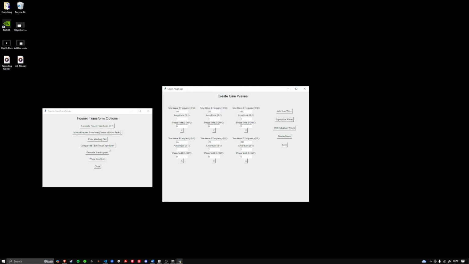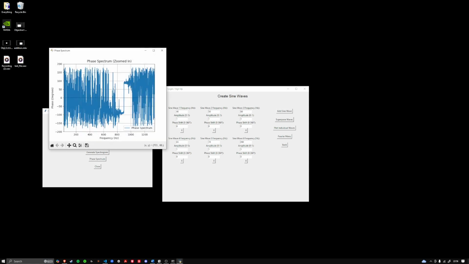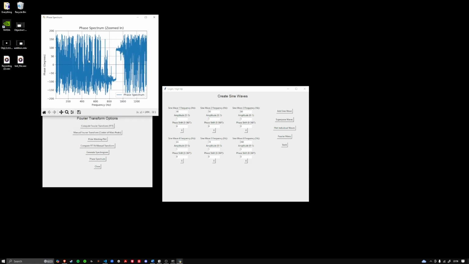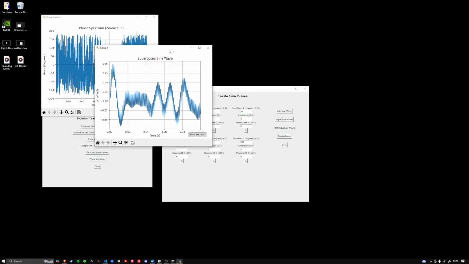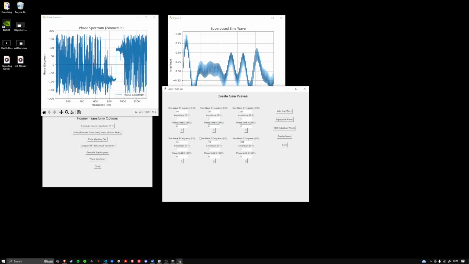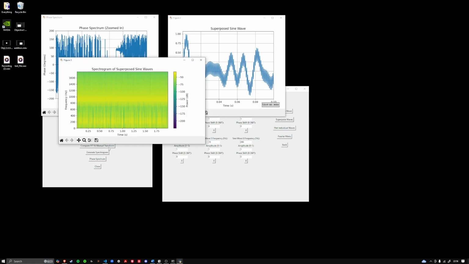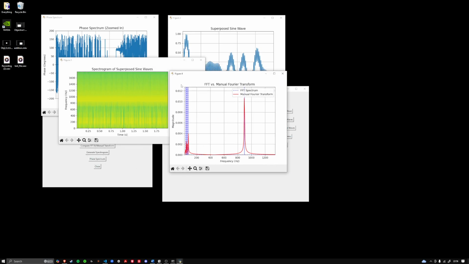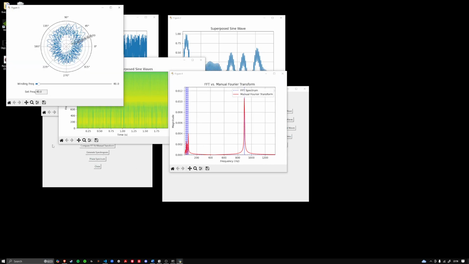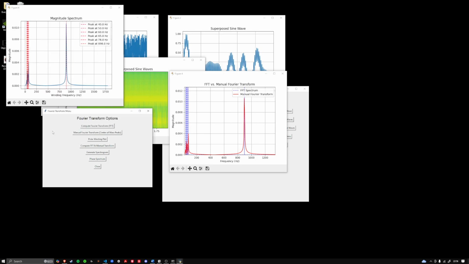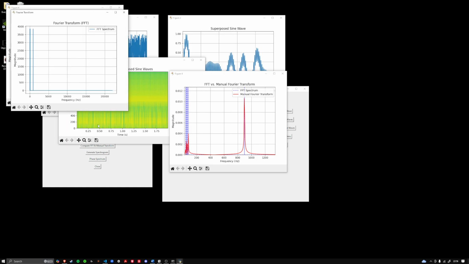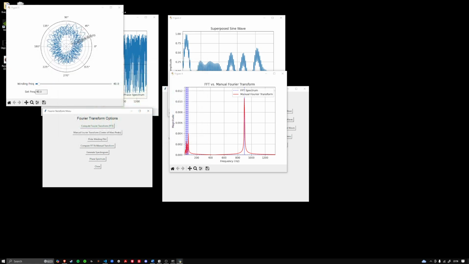Closing this, we can also open a phase spectrum, seeing how the phase of our superposed wave is shifted by each individual frequency we have chosen to input. We can choose to plot these all at once, and the program will continue working. Closing all these,